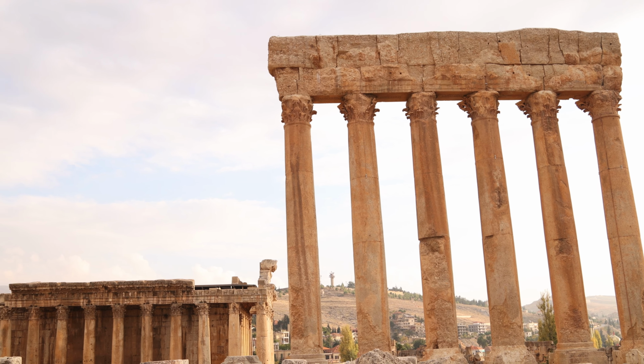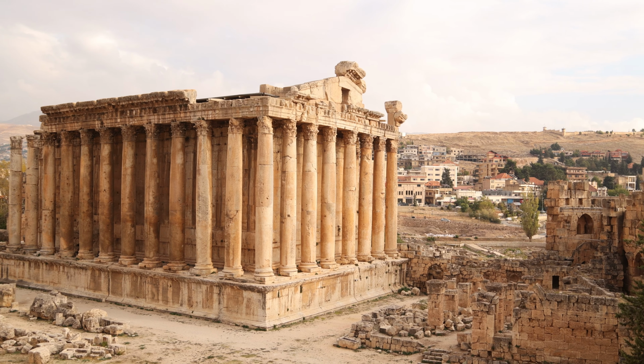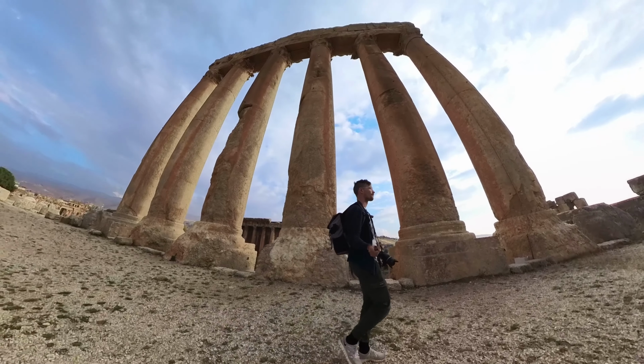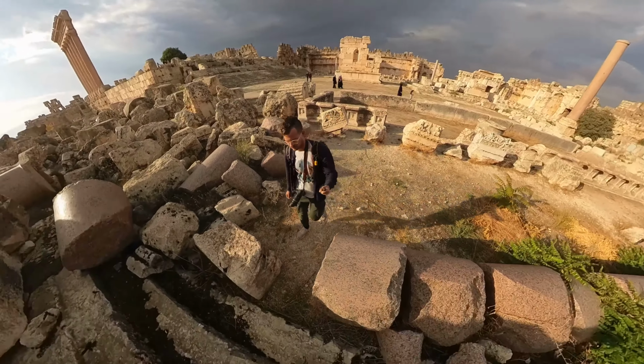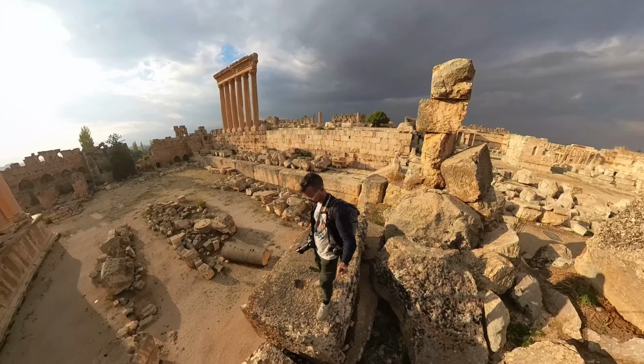The Temple of Jupiter was built to the Roman sky god, while the slightly smaller but more complete Temple of Bacchus was devoted to Dionysus, the god of wine and music. I felt so small as I walked through the remains of these glorious tributes to ancient Roman architecture, and I practically had the entire complex to myself. This was one of my best day trips in Lebanon, and here's how it